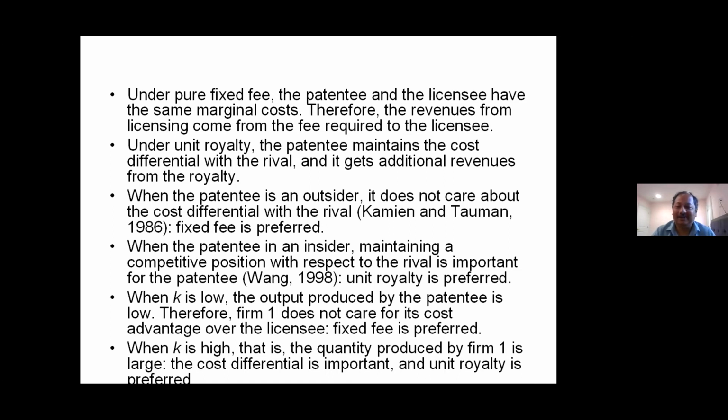So basically, what you are finding here, when K is low, then the patentee becomes a kind of de facto outside innovator. Yes. Because it's producing too little, right? So that's why the fixed fee result coincides with the existing result in the literature. And when K is high, then you become a de facto insider patentee, and then the royalty sort of becomes optimal. Yes. This is the point. Indeed, what we have in this model is basically that K.